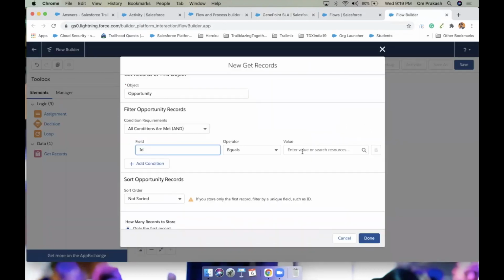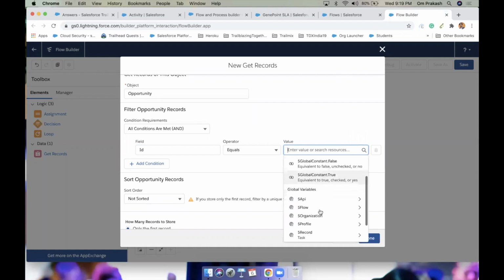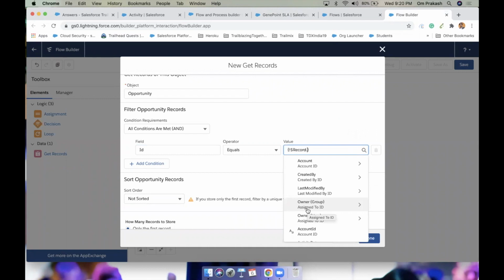Here there is a record variable. This is a global variable called record. It gives us the record which started this flow, and we know the task started this flow. So for the task, it is record dot Related ID.